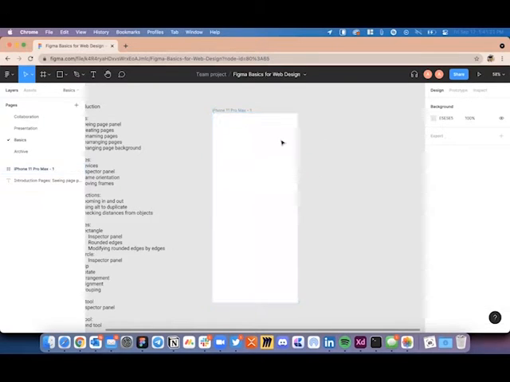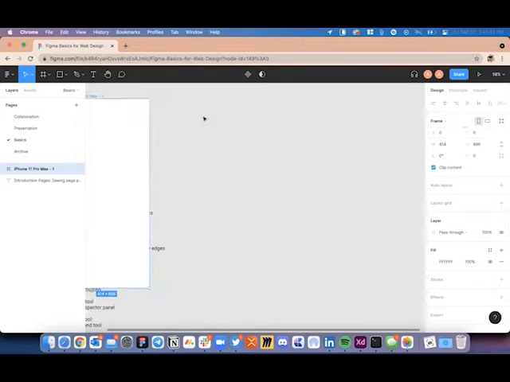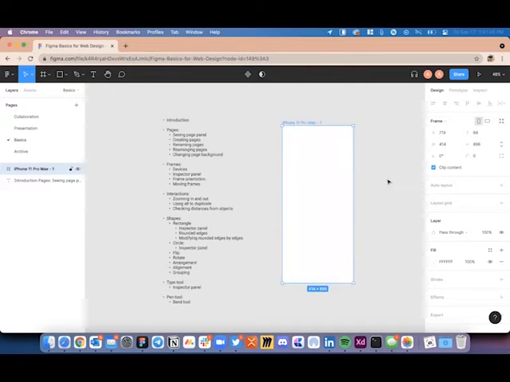element, as soon as you create it and you select it, the inspector panel changes its interface and shows you the properties which are relevant to that selected object. So as you can see, we are presented with the position values, which is the X and Y value. If I go ahead and change that, it will reposition the frame to the zero and zero values of X and Y axis on that page.